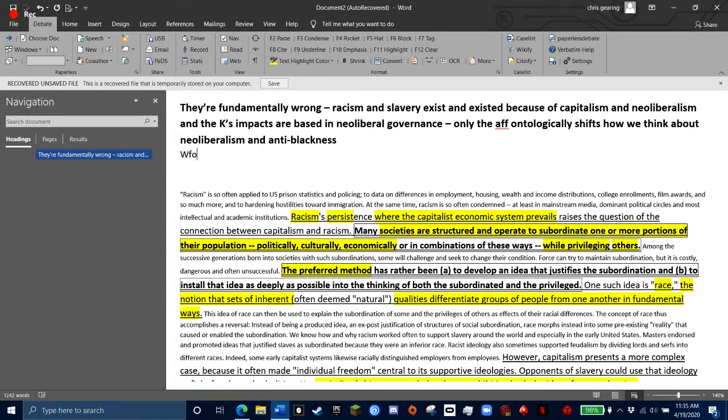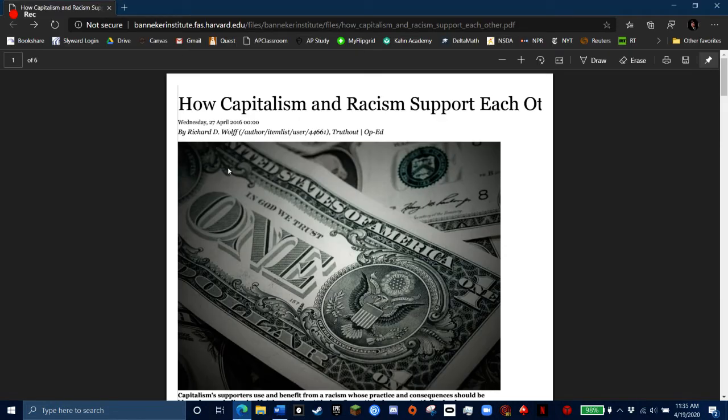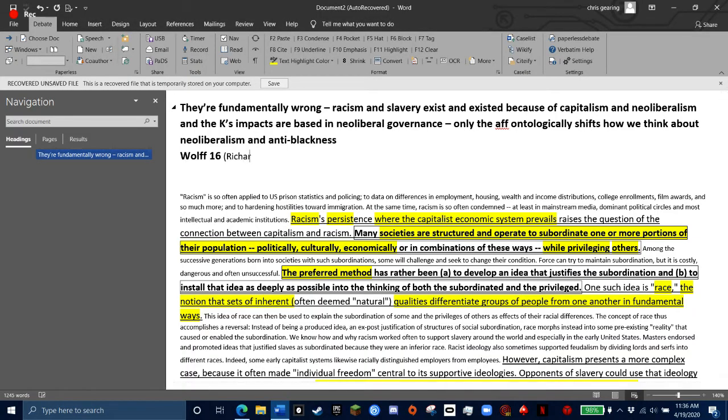Wolfe 16. This is the part of the card, the cite, that you'll just read when going through it. You can also use the verbatim cite function to make it bold so we can remember to read that part. Now, the next part of it is we want to include the full name of the author in parentheses. You're not going to read this part, but you want it there because it's important for ethos. So we say it's Richard D. Wolfe,